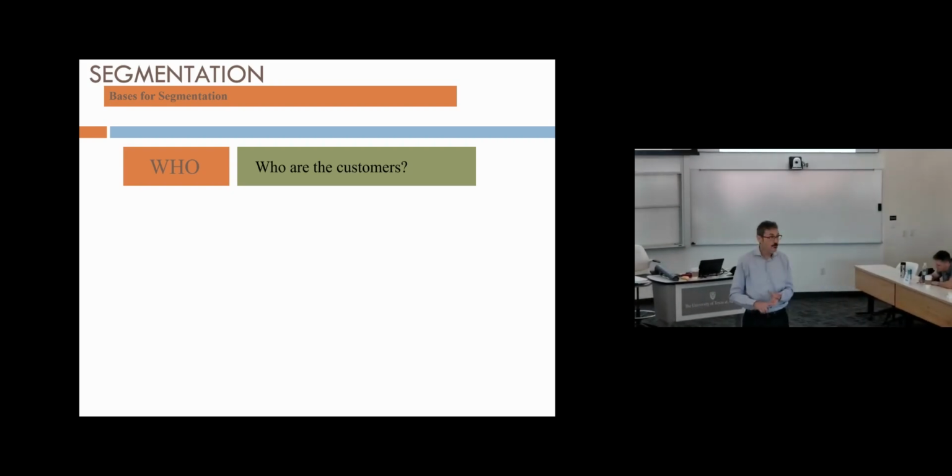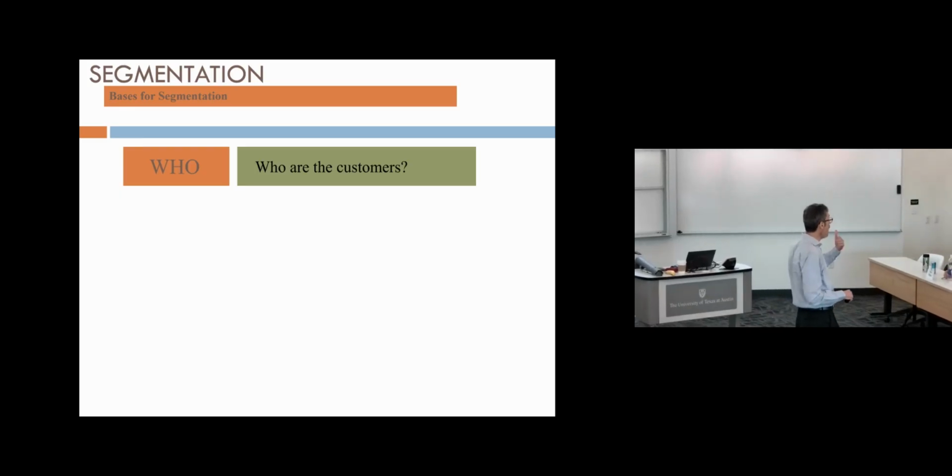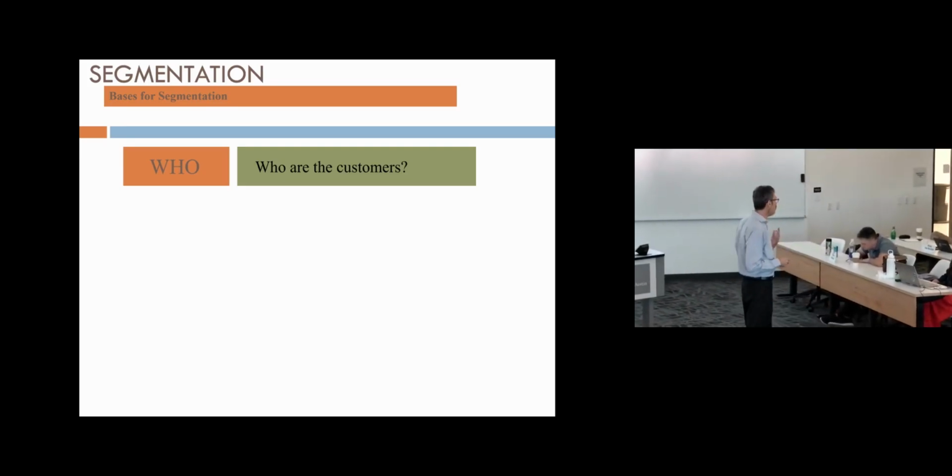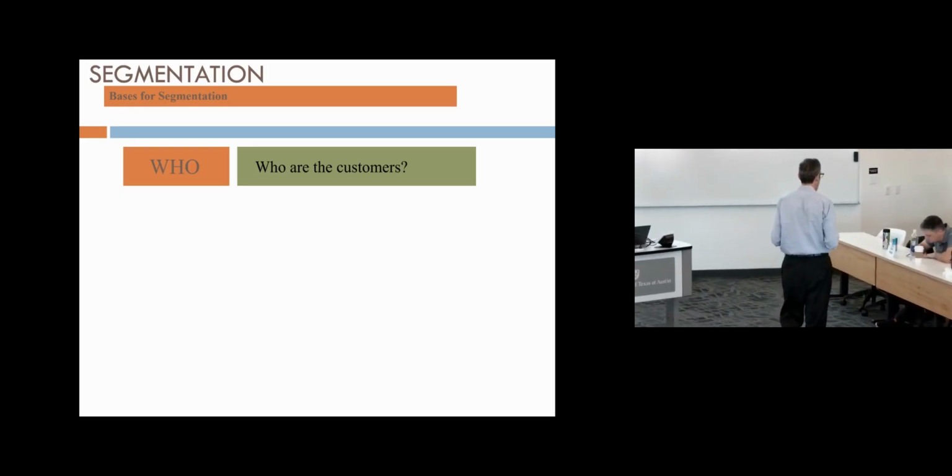And so let's describe who potential customers are in the market in terms of their demographics. So what's their age? Are they married? Are they single or not? Are they affluent? Or are they struggling in some way? So we could think about income as a demographic category, level of education, where they are in terms of their families. All of these kinds of things are who questions, and they describe